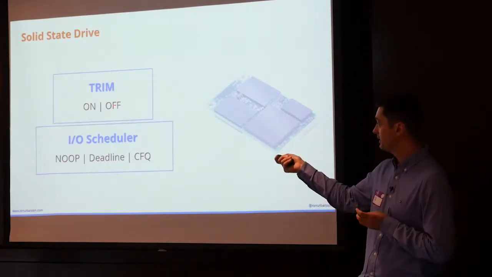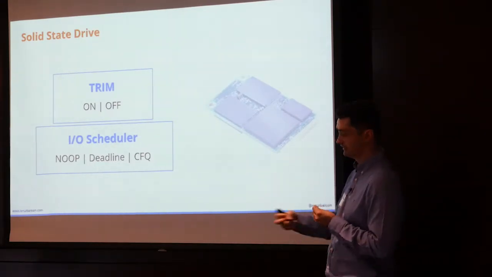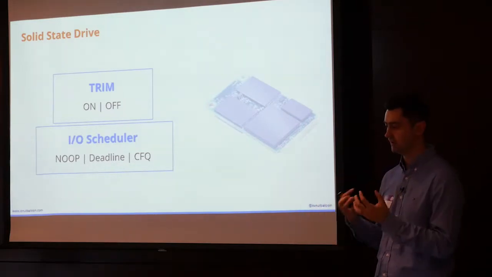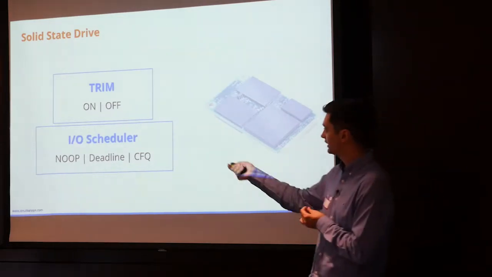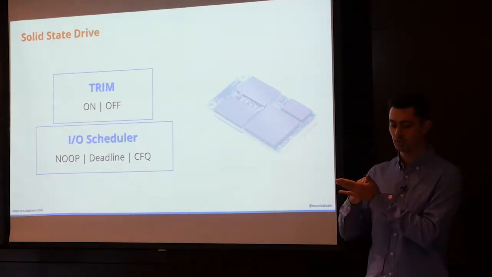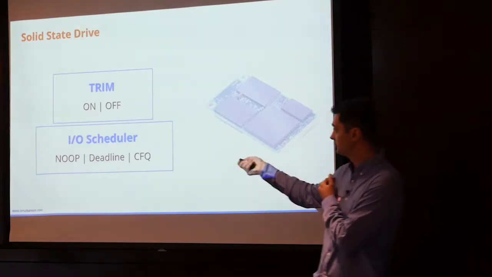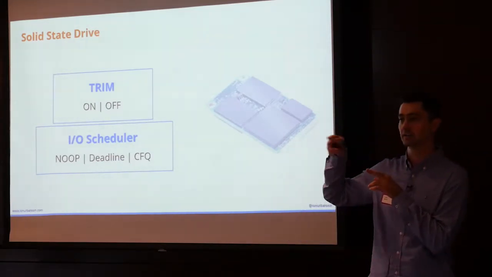It comes by default as being disabled. However, my advice, if you are keen on performance and you have an intensive I/O operation, is to activate it, to switch it to on. What trim does, actually, when you want to remove something, if the trim is off, it is just marked on the SSD